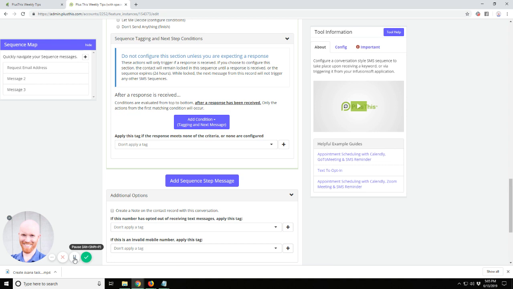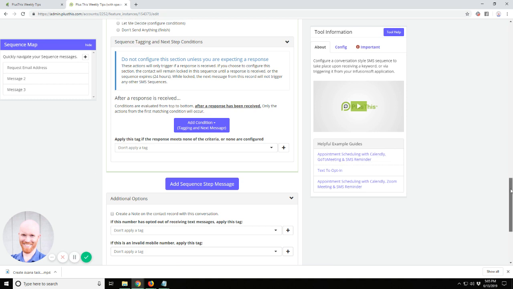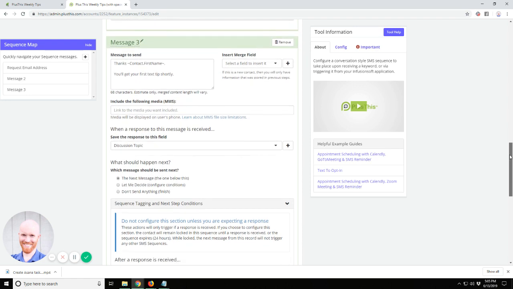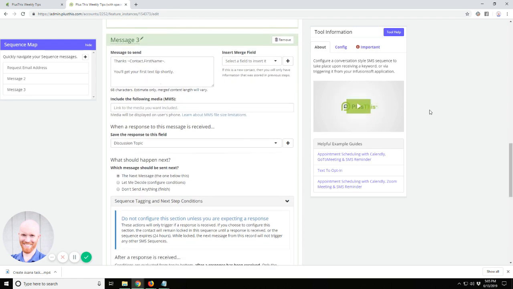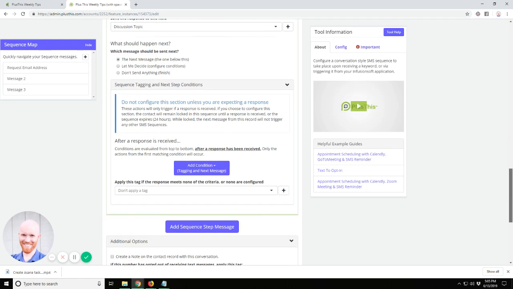Now, the other thing I want to do is send the task into Asana if someone does reply. So right here where it says apply this tag if the response meets none of the criteria, I want to put this on my last answer here. It's probably I'll get a response at the end of this. And so right here, I'll just apply a tag right there. And that tag, through a video I did earlier, I showed you on this YouTube channel, will go and create a task in Asana for me to follow up.